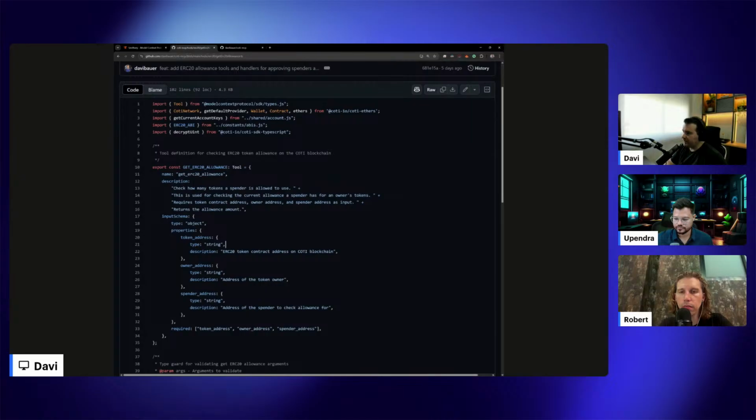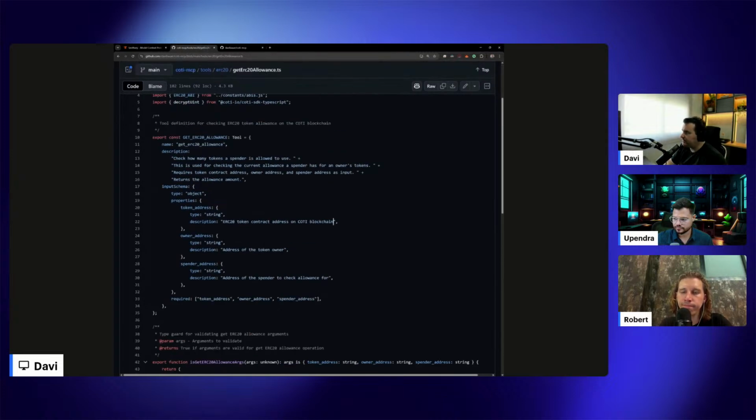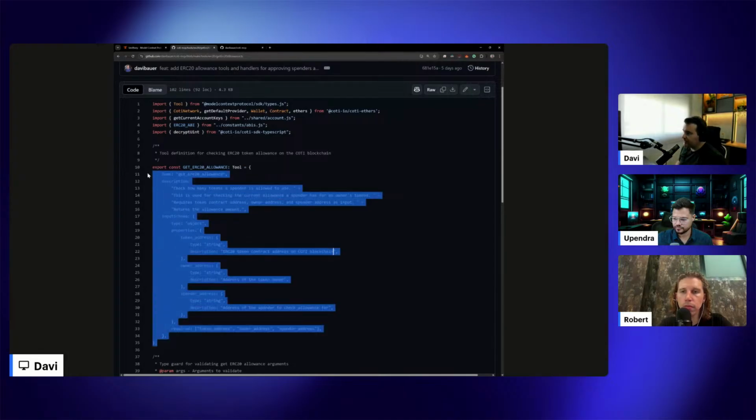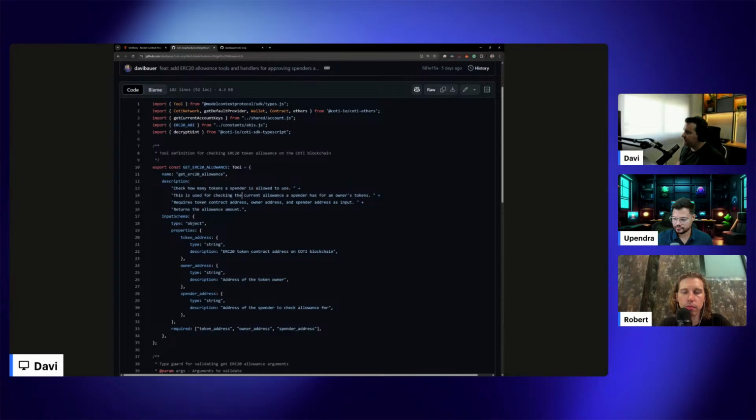We can also set good names for the parameters, but also add more documentation to help, because the cloud will connect with the tool using this information, right? The cloud will read this information in order to know how to pass the parameters based on the prompt that you provided.